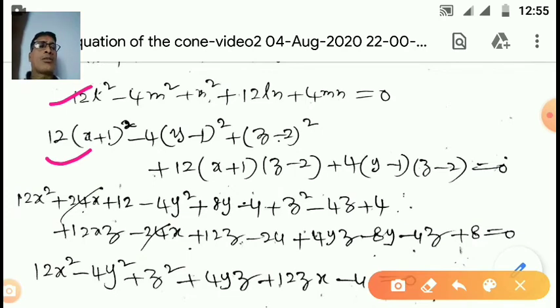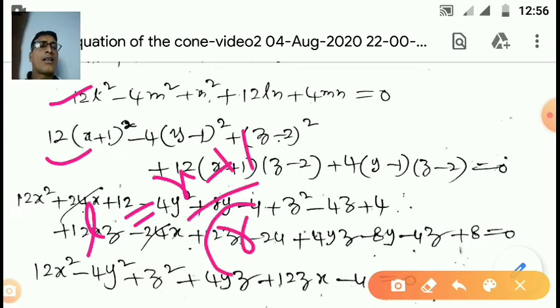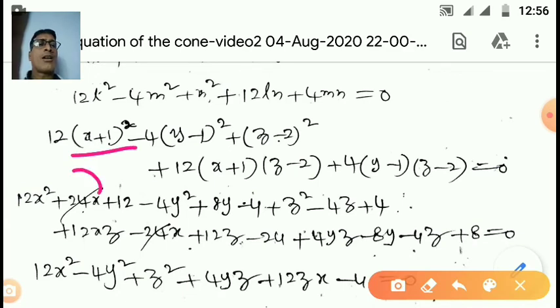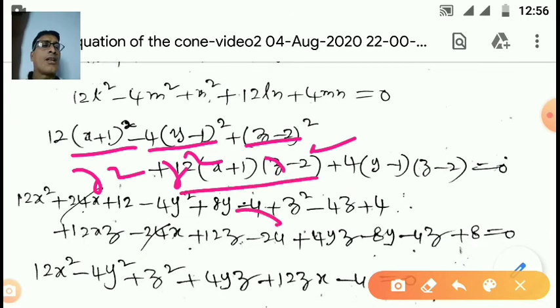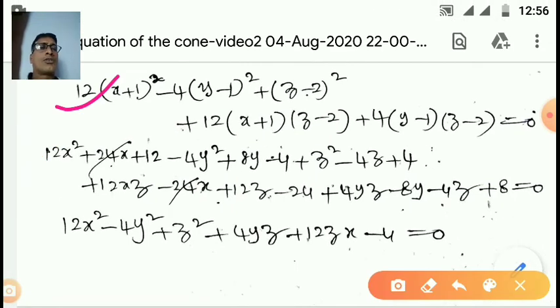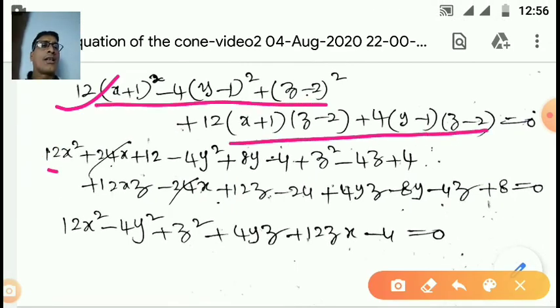You may have a doubt, where, because L is equal to x plus 1 by r, there is r in the denominator, and in the value of m and in the value of n also there is r in the denominator. Where has this r gone? Because here you will get r square, here you will get r square, here you will get r square, so that in every term of this equation you will get r square in the denominator. By taking r square as LCM and shifting this r square to this side, you will get like this. So on simplifying this equation, you will get like this, and